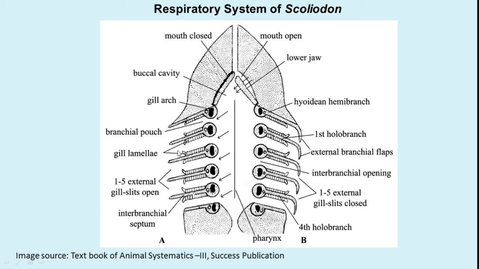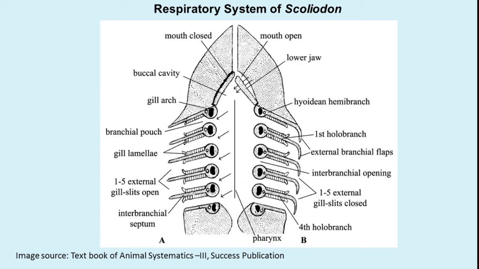Okay, now a fibromuscular partition called interbranchial septum or gill septum is going to separate the adjacent gill pouches. Okay, if you see here, interbranchial septum, this particular structure, please see the arrow that I am showing, and these are nothing but the interbranchial septum. So this particular septum is separating the 2 gill pouches. So this gill pouch will be separated from this gill pouch by means of the interbranchial septum. Clear?